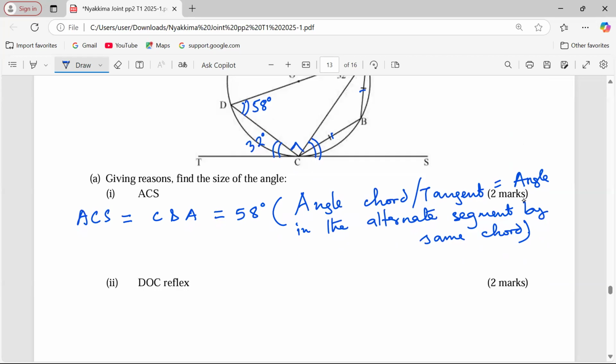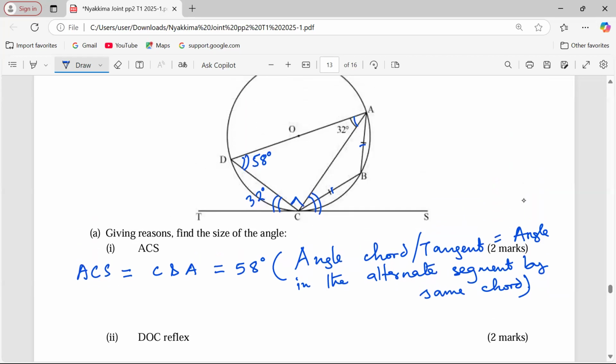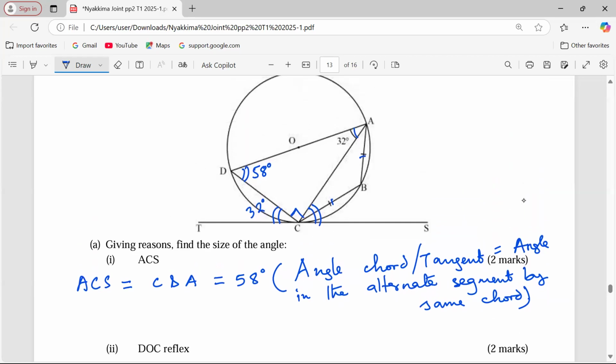The angle that we are finding is DOC, and we are finding the reflex one, DOC. So we can have the angle drawn here, DOC. We need the reflex one anyway. This one is the reflex angle that we need, DOC. So let's get the acute one first. It's good for you to remember this, that